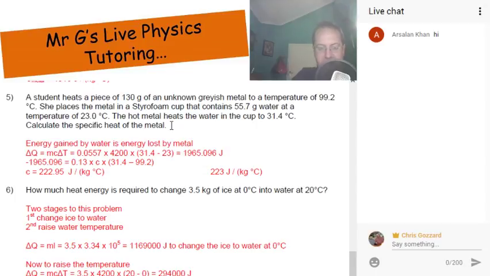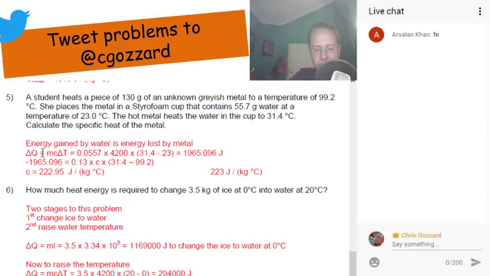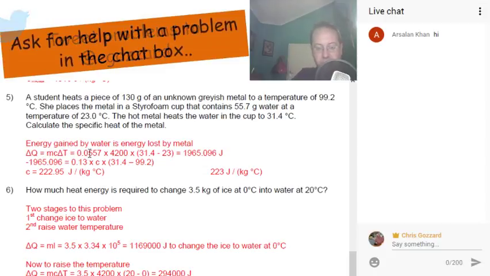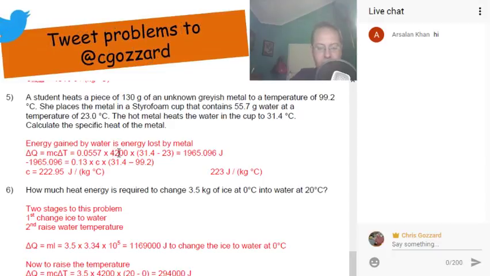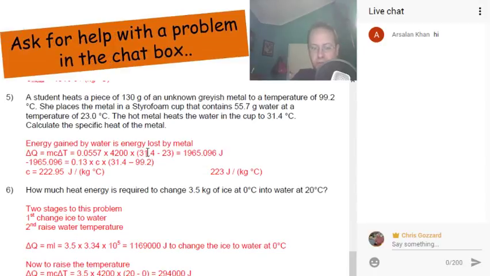Well, the energy gained by the water is equal to the energy lost by the metal. So we can say delta Q equals MC delta T. So the mass of the metal is 0.0557. Oh no, hang on, sorry, that's the mass of the water. 0.0557 kilograms times by the specific heat capacity of the water, which is 4,200. And then the change in temperature here, well, we went from 23 degrees to 31.4 degrees. So we work all this out and we get